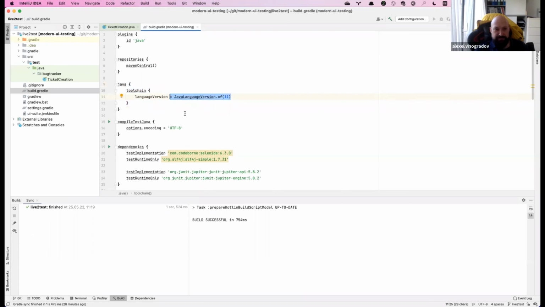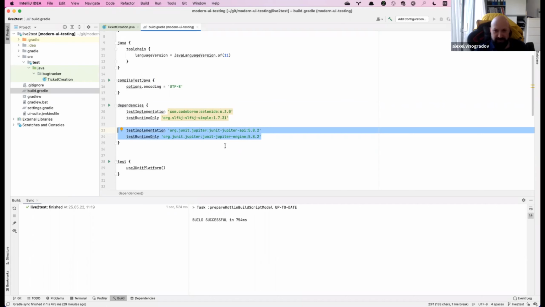Okay, then I will jump to this dependency section. The dependency section is just telling us which libraries we are going to use. And this is JUnit 5. Of course, we are just going to use the most modern testing framework in Java. It's JUnit 5. JUnit 4 is an older one, and TestNG is also a competitor product with similar features. Some prefer TestNG. I go for JUnit 5. So actually it doesn't matter that much. You can use Selenite with both of them. Then of course Selenite itself, and